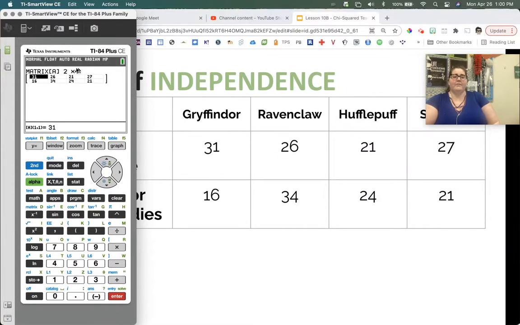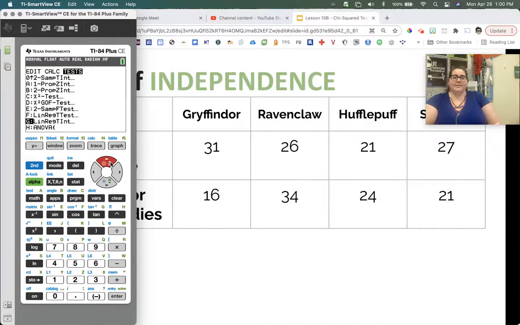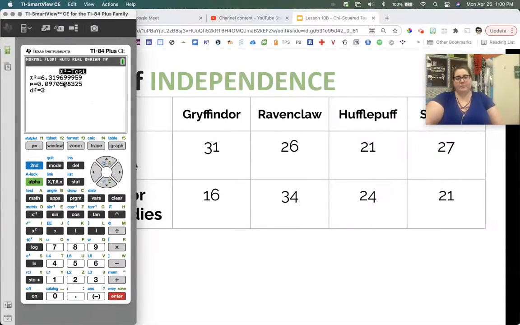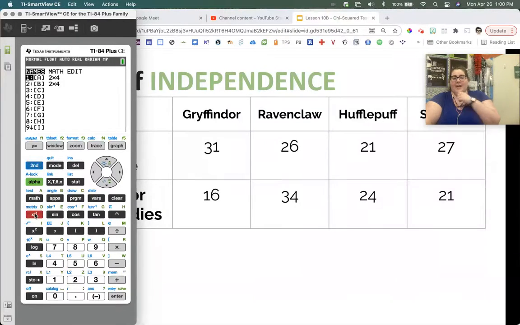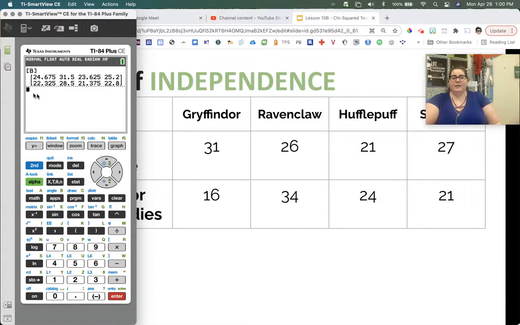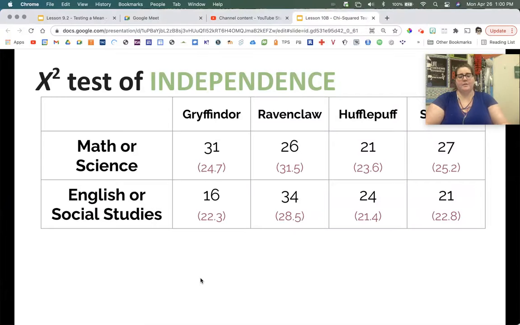Ta-da, they're all in there. Everything's happy. Second quit. Okay. And then I'm going to go ahead and run my tests. So I'm going to run the test, just regular chi-squared test, and then it'll give me all the information. And then once I've done that, I'll come back to this later, but I wanted to show you once I've done that test, if I go back and look at matrix B, these are my expected counts. So the calculator figures it out for us and puts those values in